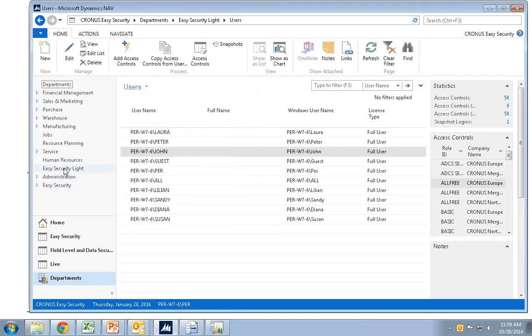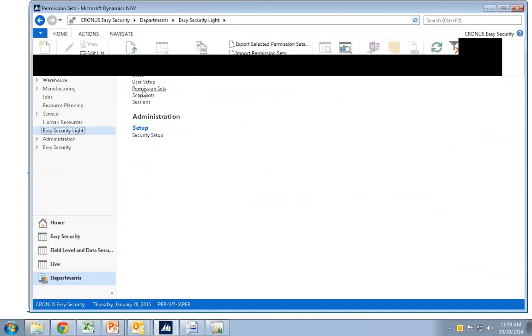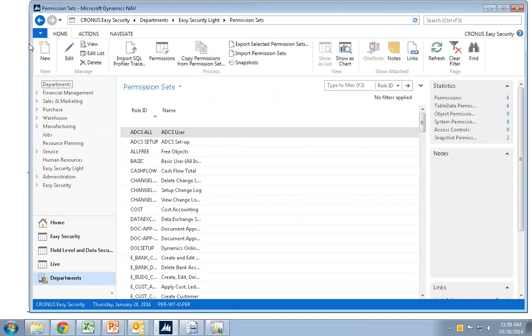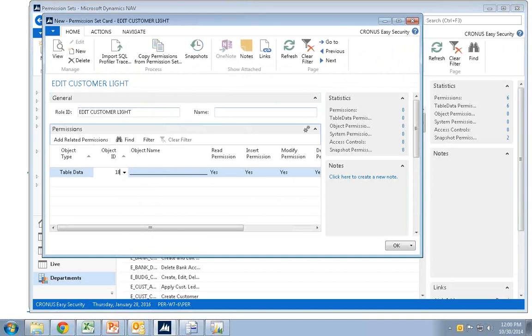There's no grouping. The other side of the Lite product is that we can also work with permission sets in here. And we have a few functions in here, like let's say I wanted to do another edit customer Lite. I can go down and say, I know that when I edit customer, I need to use table 18 and basically have read, insert, modify, delete permissions down here.